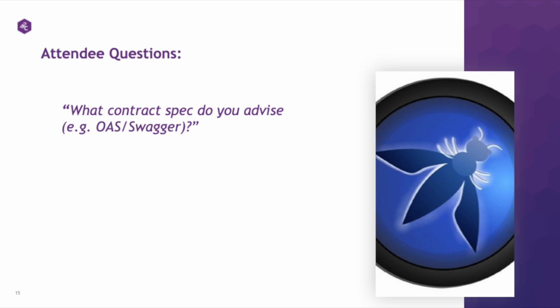That is correct. And the best piece of advice I can give you is try to find a way to add your contracts directly to your endpoints. Having a separate spec is nice because you have everything in one place, but it's very challenging to make sure that it's up to date, especially if you're actively developing an API or if the API is prone to changes. At least in the development timeline, it's going to be easier to keep things up to date if you put them straight with the code. So you have everything at once. You update the code, you modify the contract. Keeping it separately, or extracting it later with tools, of course, is a bit more challenging to keep up to date.